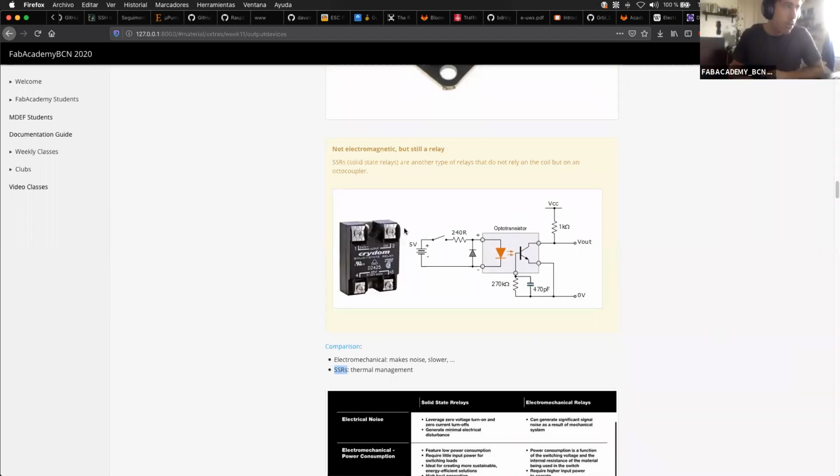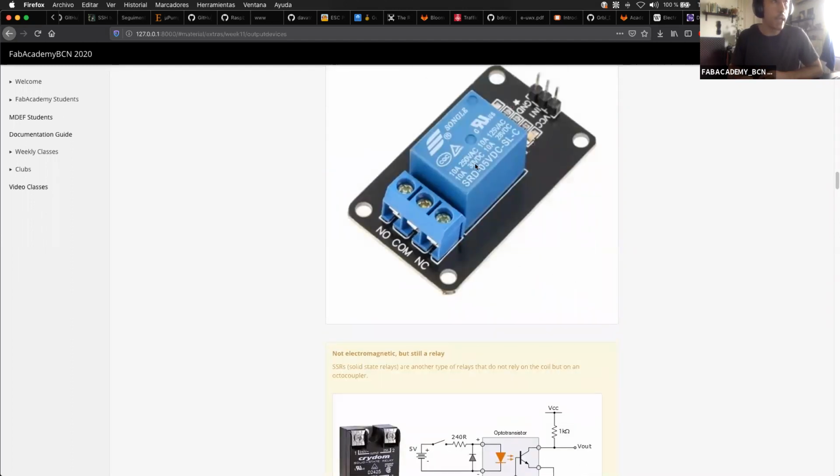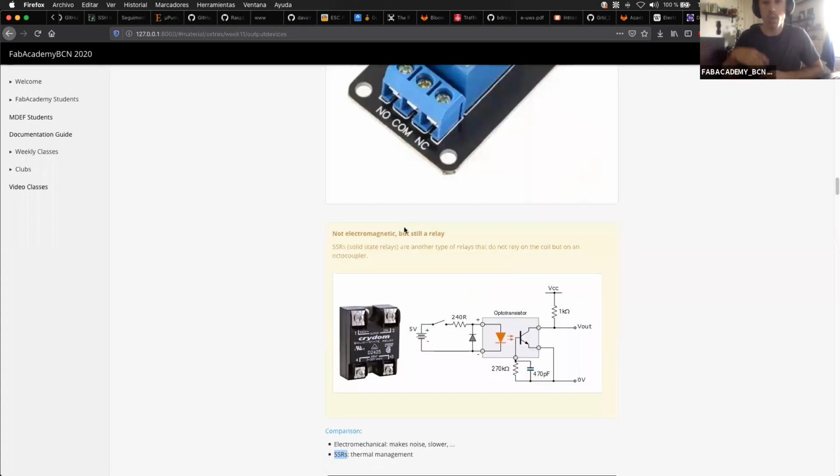The only other thing about solid-state relays is that normally they have quite a nice range of input voltage. So it means that they can be activated by very low or much higher voltage in the inputs. In this case, for example, you see that you can activate it from 3 to 32 volts, whereas on the mechanical one, you had only 5 volts. And if you have a voltage that is much lower than that, like 3 volts, it wouldn't open because you wouldn't be able to activate the coil and move the